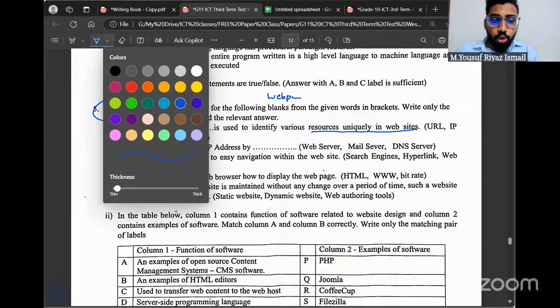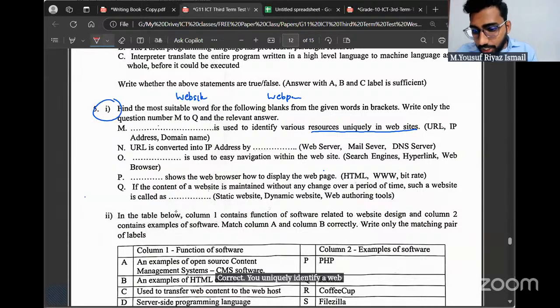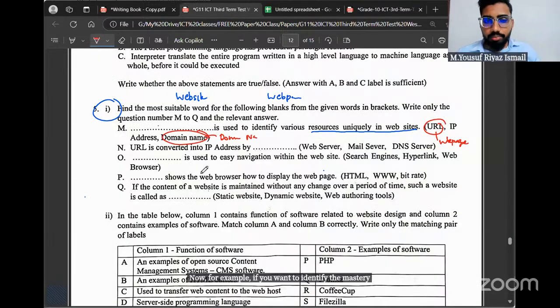Correct. You uniquely identify a web page using a URL. But to uniquely identify a website, you use the domain name. For example, to identify the Master ID website, you use the domain name masterid.lk.